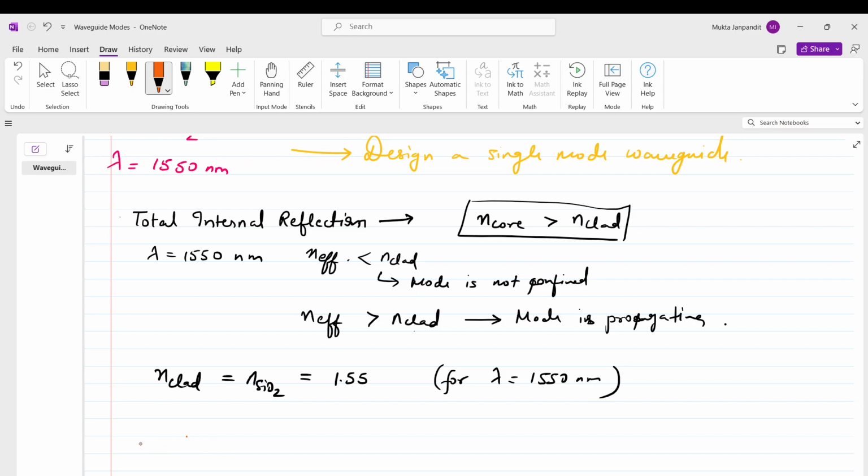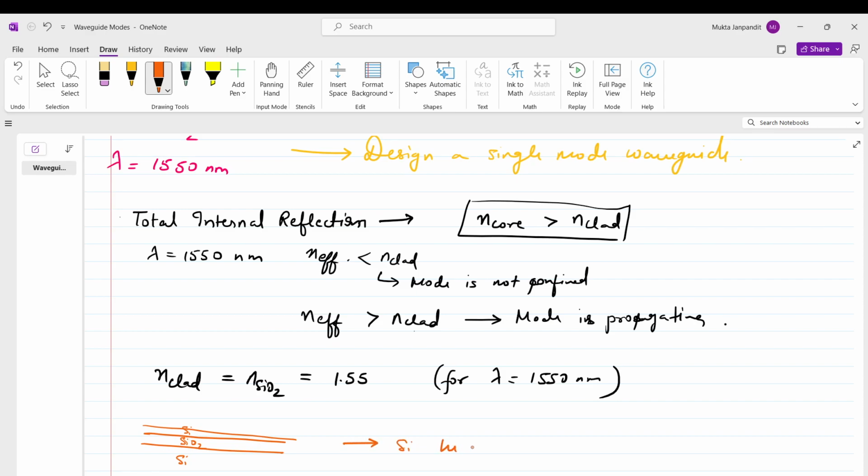So say I start with a wafer with a silicon substrate, SiO2, and then silicon on top. This top layer silicon is my device layer, SiO2 is the cladding layer, and this silicon is just a substrate to hold it, like some strong base material. If my starting wafer is like this, there is nothing much that I can do about the thickness of the SiO2 and the thickness of my device layer silicon.